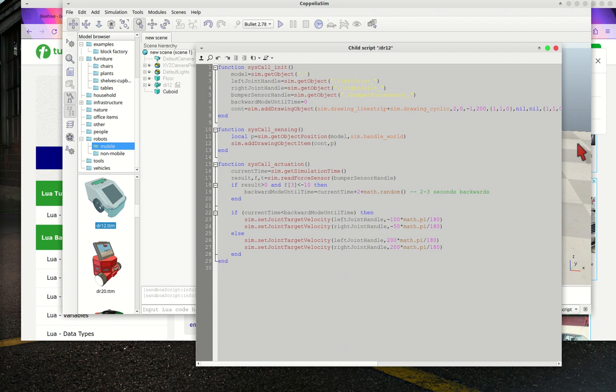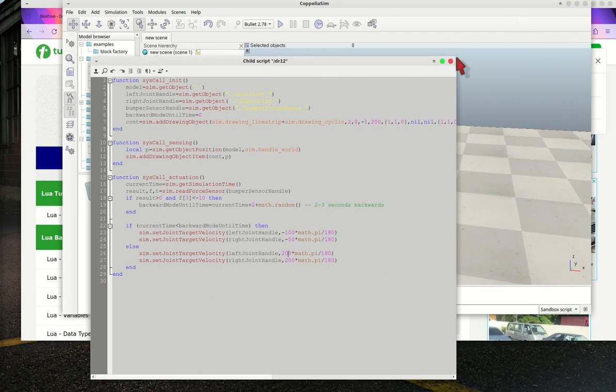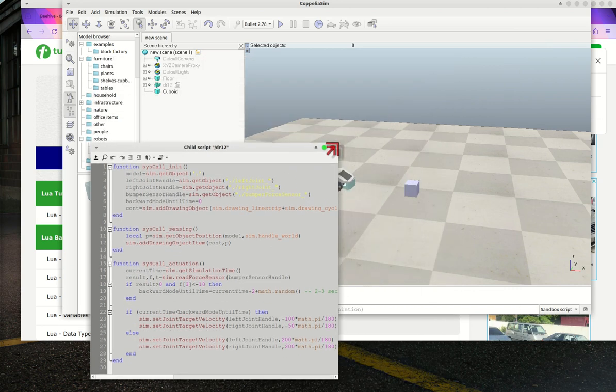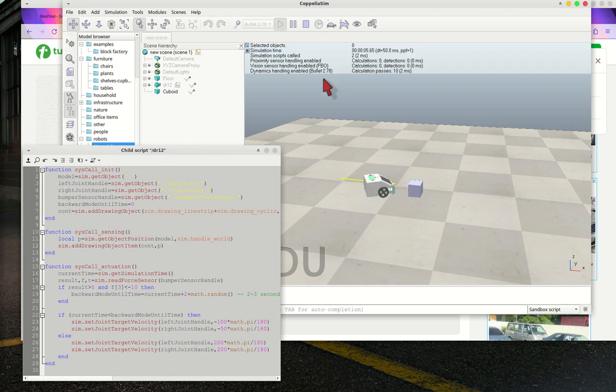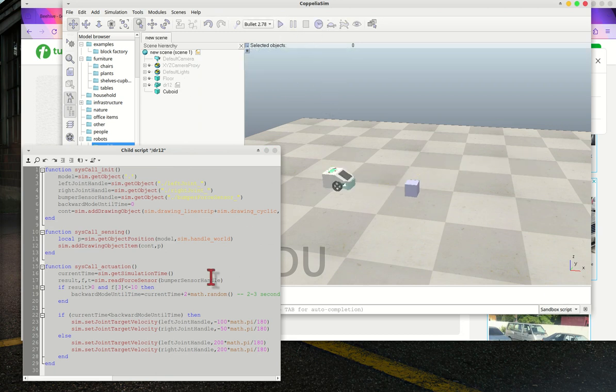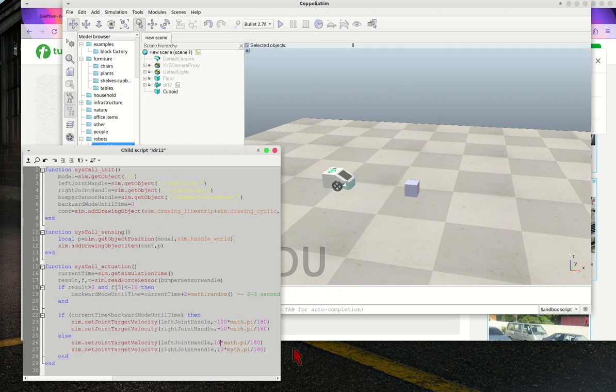For example, in this case, if you run this simulator, it is very fast, right? So if you want to slow it down, you can put 110 here. So you should notice that the speed of the robot is high. So to make it more interesting, then you can put 100.